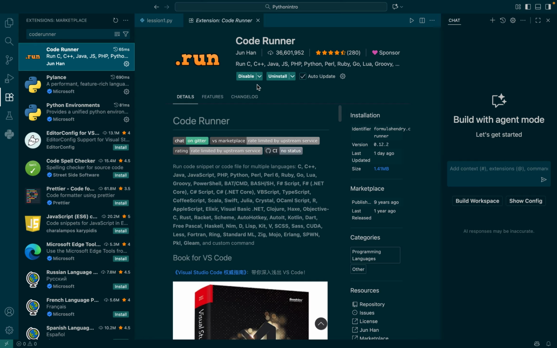So this Code Runner is the one that is going to allow us to run our code, and it is the one that will allow you to have this arrow here so that you can run the code that you write. So after you're done downloading Code Runner and you're done downloading Python,